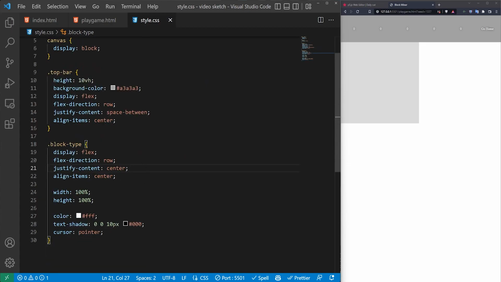And then we give each of these a display of flex, a flex direction of row, and a justify and align, which puts them in the middle. We then give them a width and a height of 100%, so they take up the entirety of their little block that we've given them. We give them a color of FFF, which is just white for the text. We give it a text shadow, which just gives it that little bit of a drop shadow. And then we set the cursor to a pointer so it looks like you can interact with these, but you